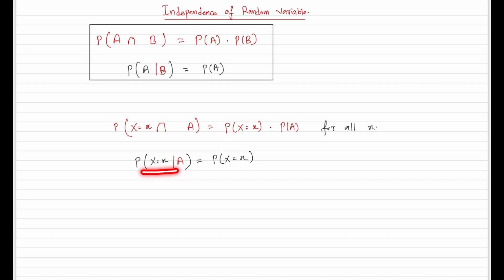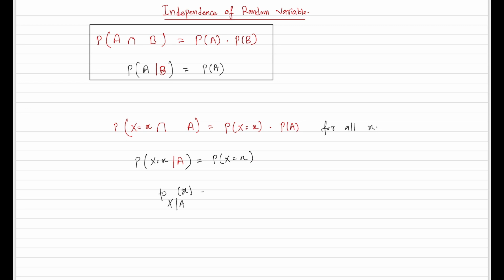Right? So if I have to write the same in terms of the PMF notation, we are talking about this random variable X under the given condition that event A has occurred. So this is the conditional PMF, or the probability mass function.